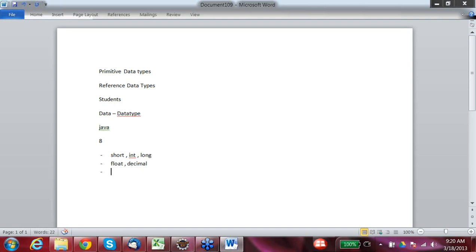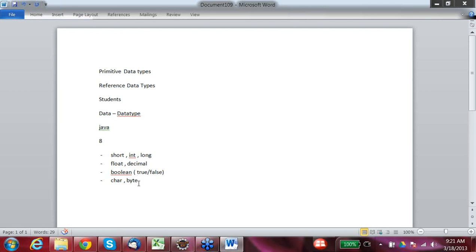Apart from these we have boolean, which helps in storing logical values, true or false, and then we have char.